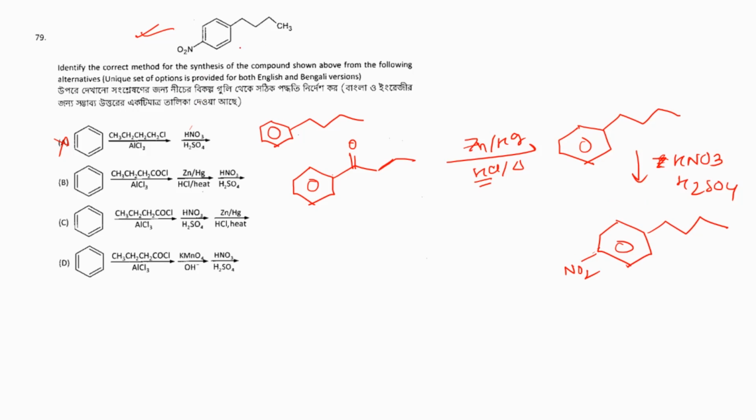In this case you will not get NO2 in the para position; you may get it in the ortho or meta position, most probably meta, but not para. If you have to get it in the para, you need to do this process. As I've got the answer, I am not going any further, but at home you do this and see what products you get and why these are not the answers. Okay.